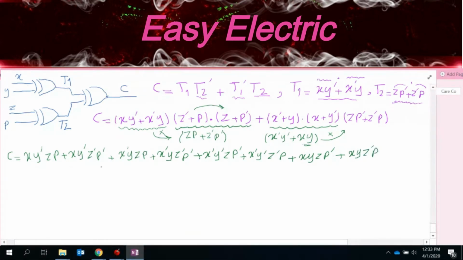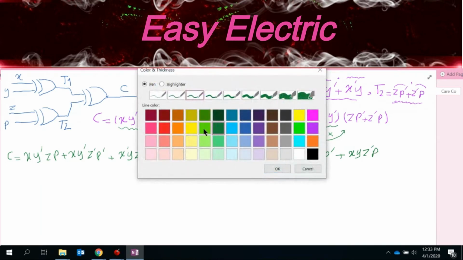So is this the standard form? You tell me, whatever we got. Yes or no? That's definitely the standard form because you have the minterms and all the variables inside that. So let me just write the minterm numbers